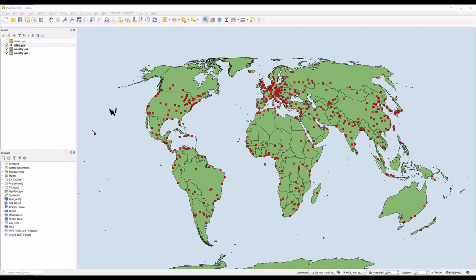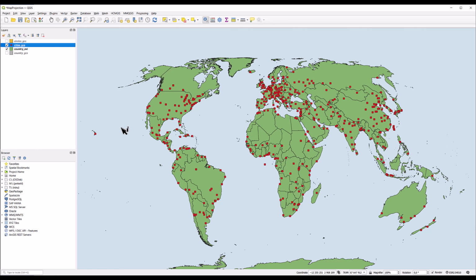Hey, I have here open QGIS with the countries of the world and cities of the world. And this is a very old data set. I think I used it when I started teaching GIS, which may be more than 25 years ago. You will notice that Sudan is not divided into south and north here, and there are other issues as well,